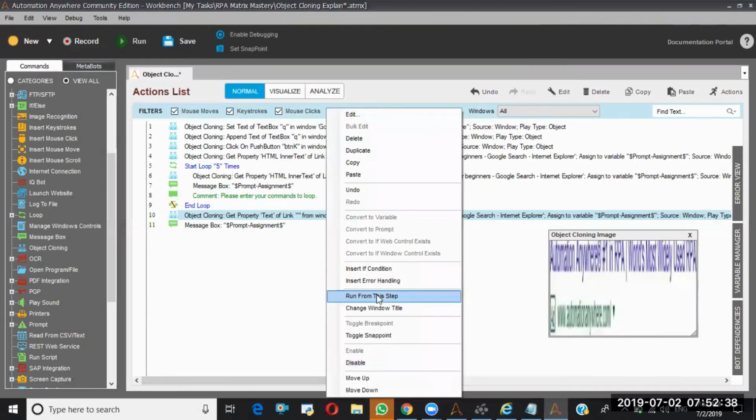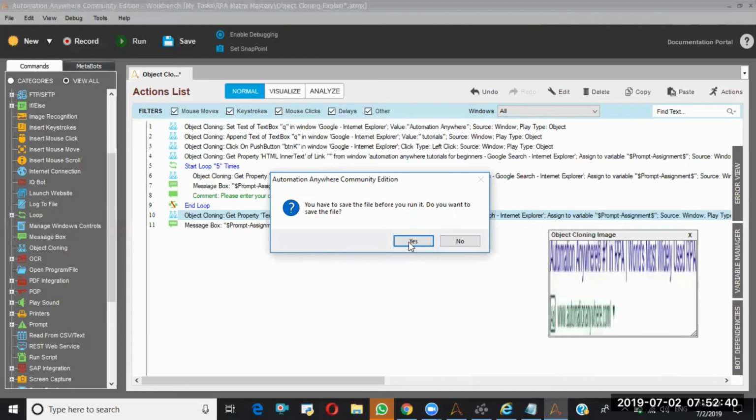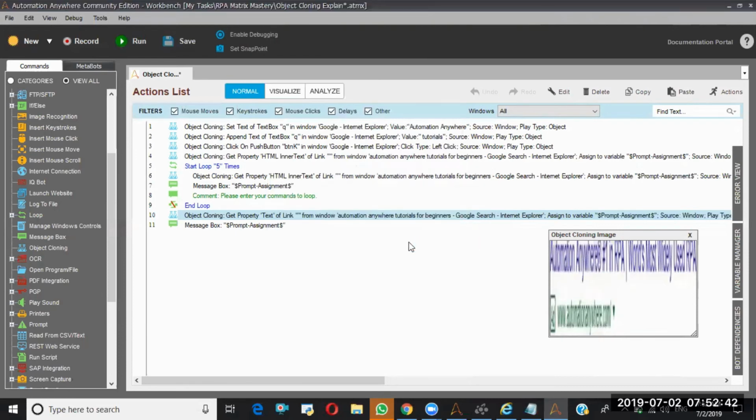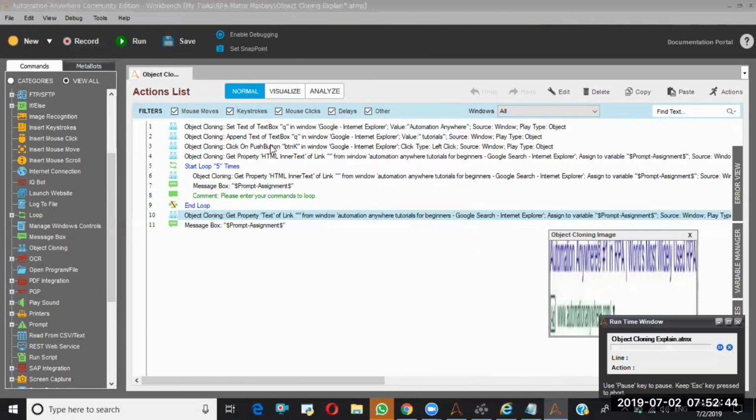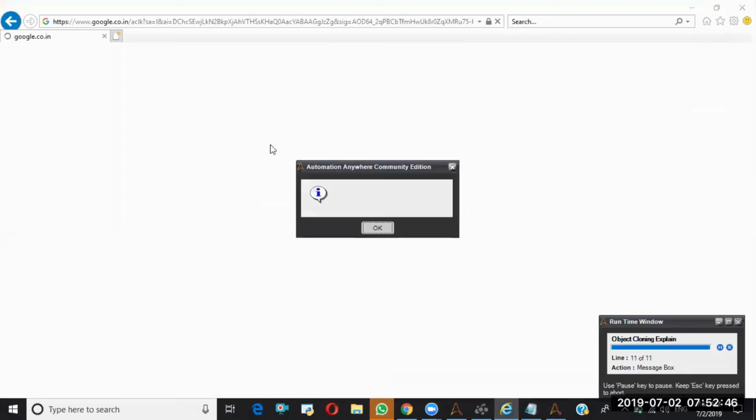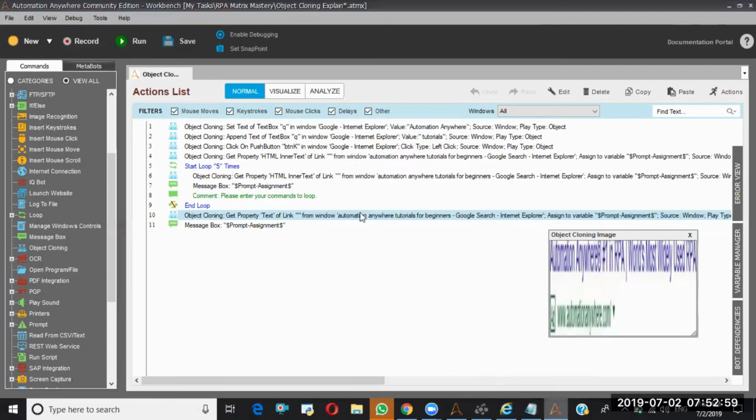Run from this step. See, I said extract the text, but it is doing click operation on the text. So you need to make it robust as per your requirement.